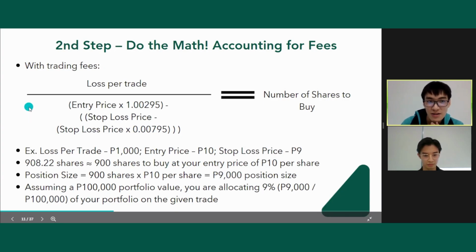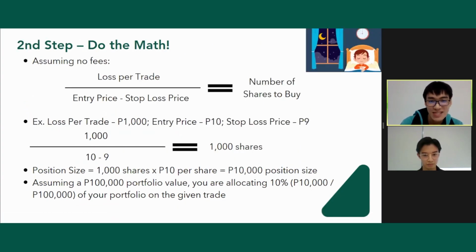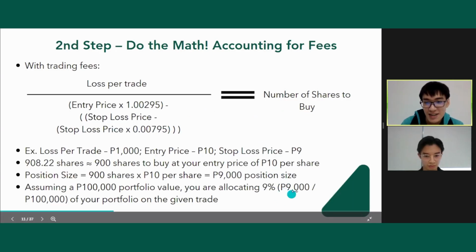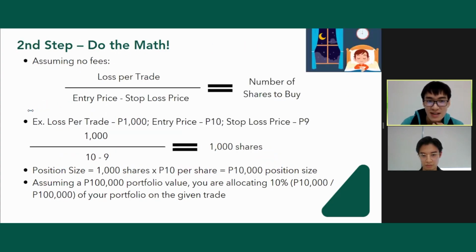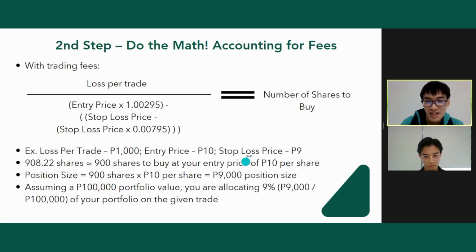So if you look back, so the one without fees, mas mataas in allocation, diba? So here, it's 1,000 shares. But if you account for the fees, mas mababa, diba? 9,000 na lang. So if you don't want to compute this, here's another hack. So what you can do is you can just stick to this formula. So compute it without fees. Then you times 0.9 na lang. Because from this example, you can see that here, assuming no fees, your position size is 1,000 shares, di ba? Pero with fees, naging 900 shares na lang.